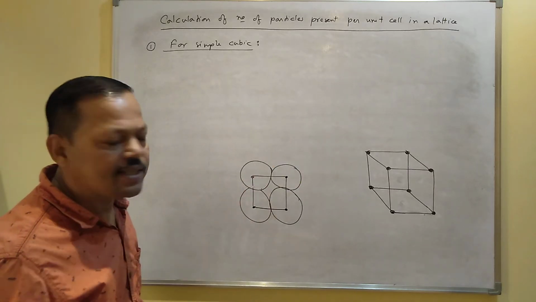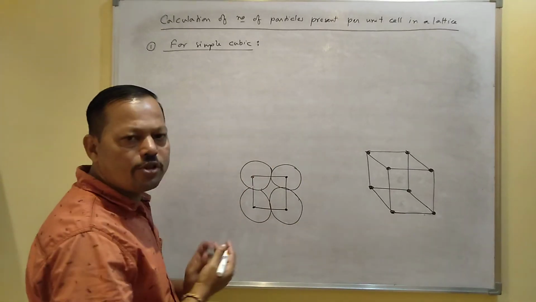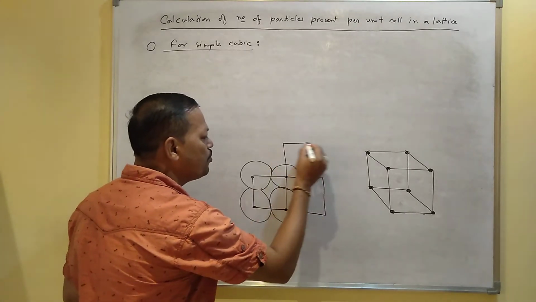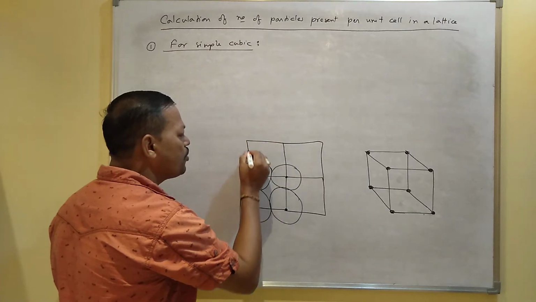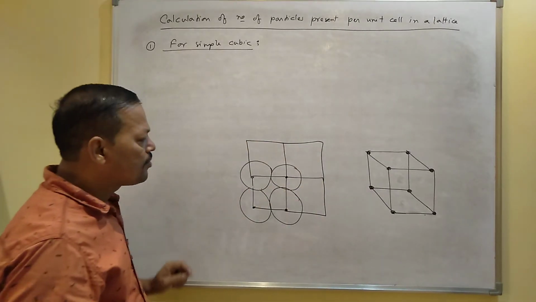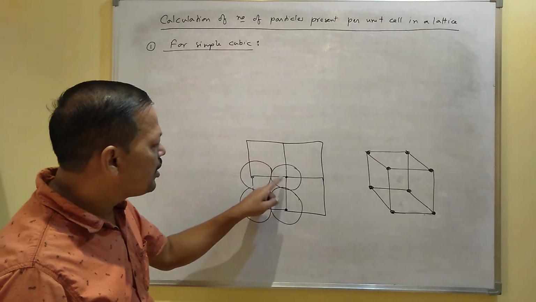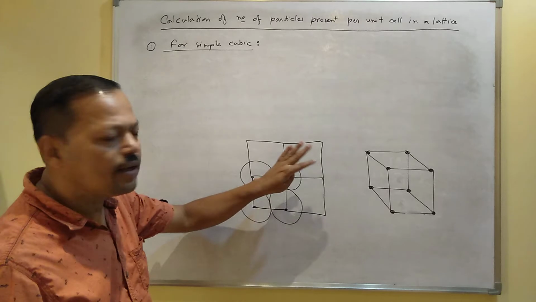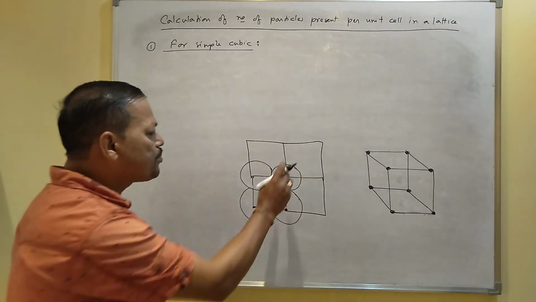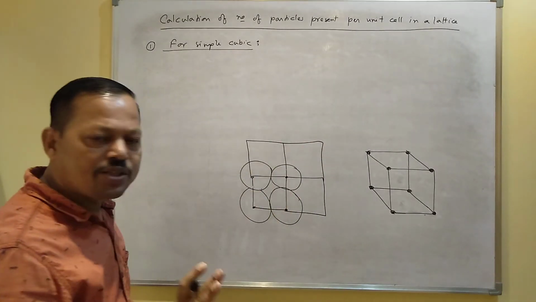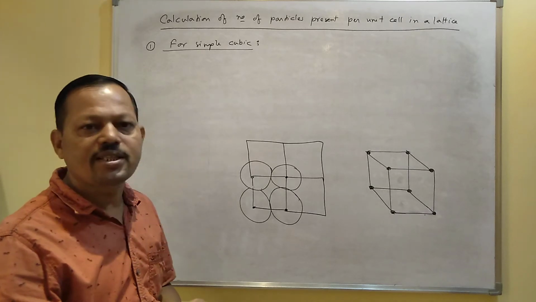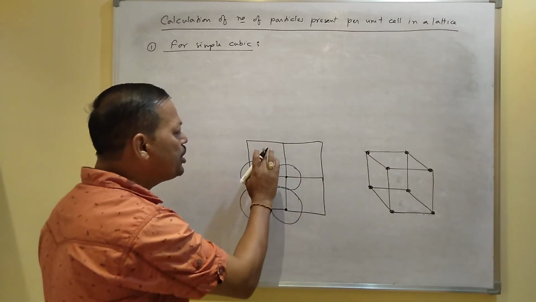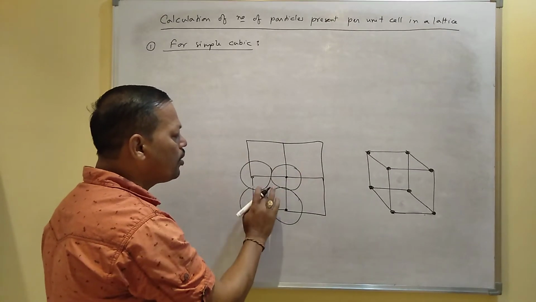When you consider a lattice, then a number of cubes will join. This is another cube, this is another cube. I mean that these are cube faces. That means one particle is shared by how many cubes? One particle is shared by, here you have seen 4 cubes. I mean this particle is shared by 4 unit cells. See, a lattice means it's a 3-dimensional arrangement. So here I have drawn the 2D structure. In 2D you have seen 4 cubes.